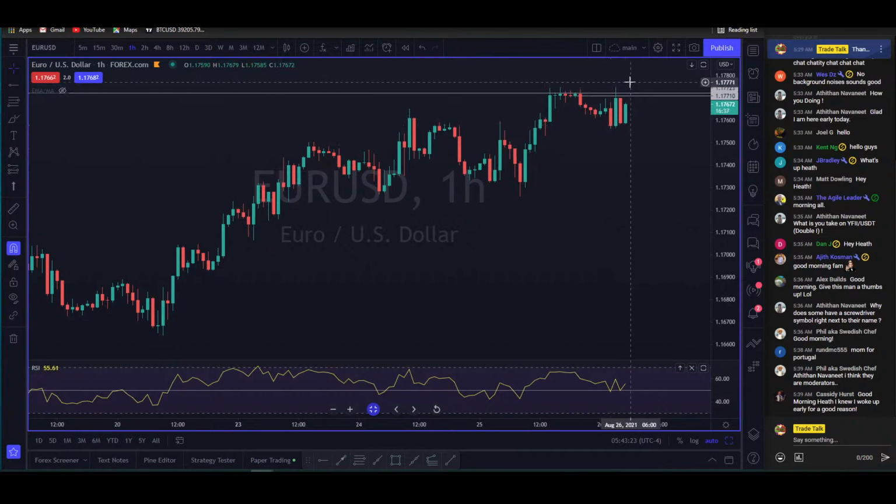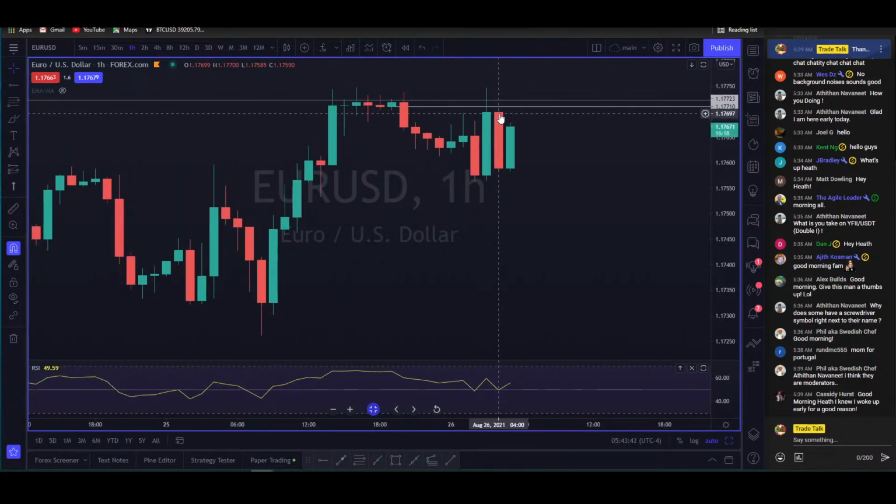If you do get an hourly close above that, you're going to see prices move higher more than likely, as these stops were already taken out at the open, at the London Open. So that is done. If you're going to see short side continuation from here, watch this open, the open of that bearish candle right there. That's where you want to see this thing turn around. Stop above that wick is what I would do.